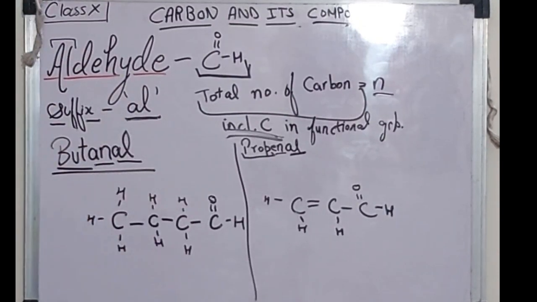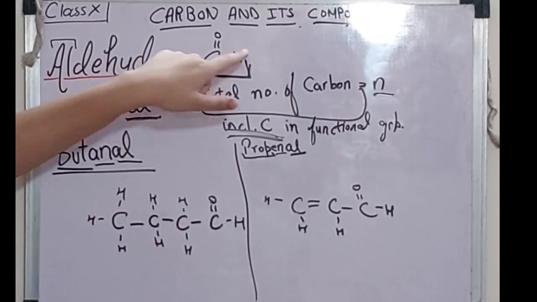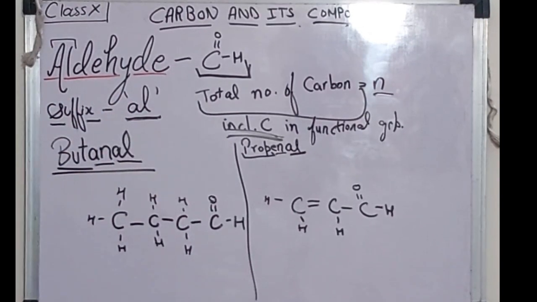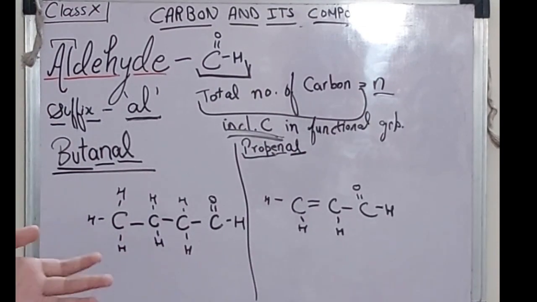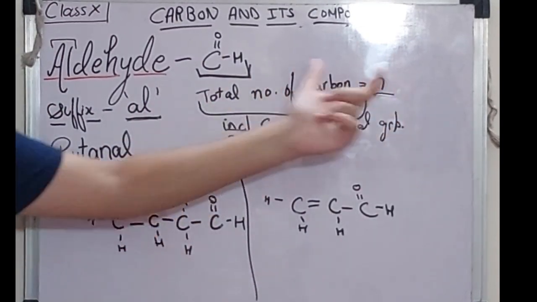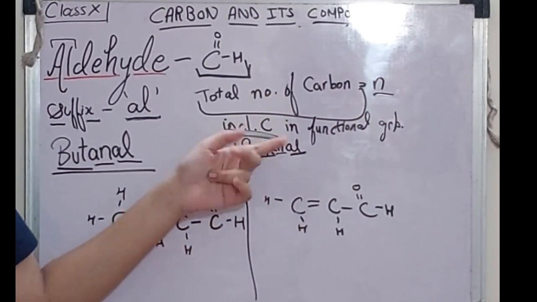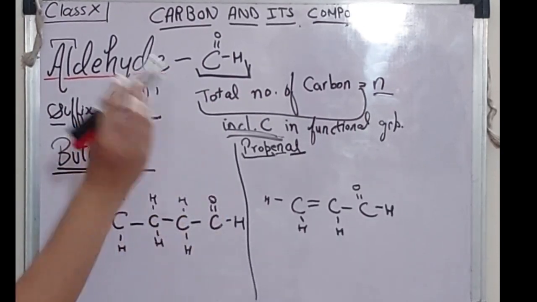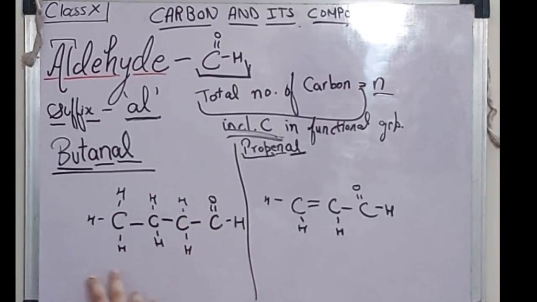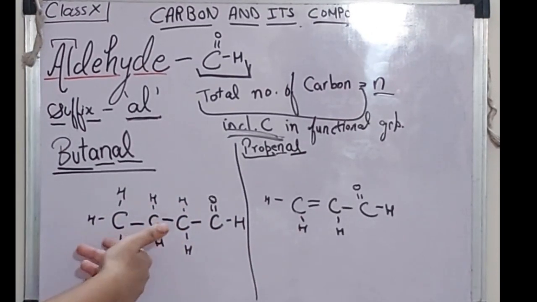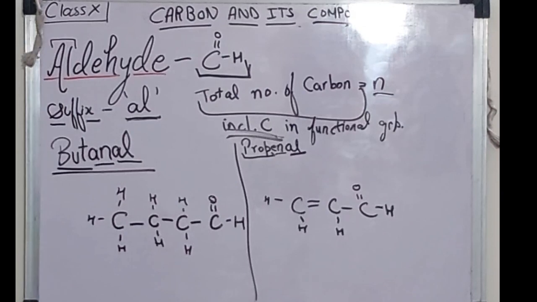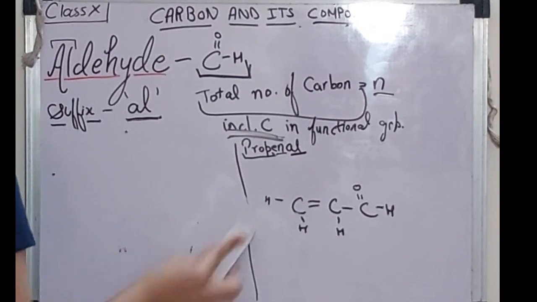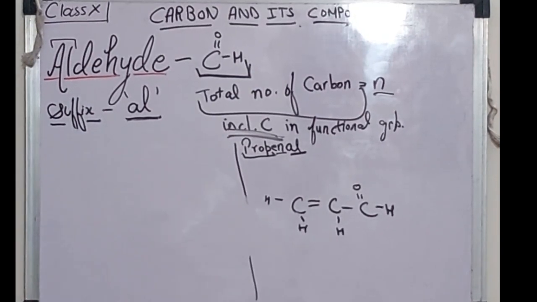Aldehyde is a functional group that has double bond oxygen, single bond hydrogen. Suffix is Al, and I have told you multiple times now that n, जिसको हम total number of carbon कहते हैं, उसमें you have to include the carbon in the functional group as well, like we did here. Butanol, so 1 2 3 4, 4 carbon. I am not saying that this whole is a functional group and I will count only 1 2 3, so this is propanol. I am not saying that, right? Just to clear it out,